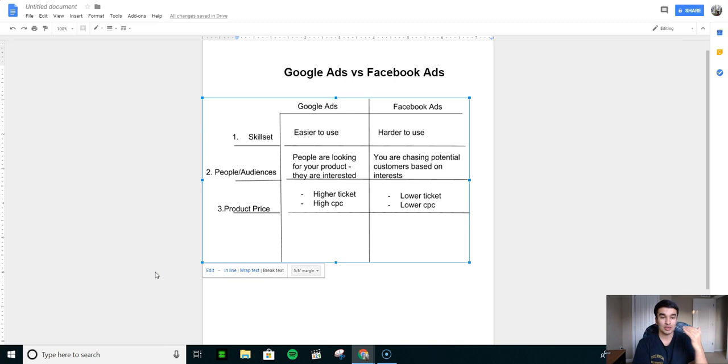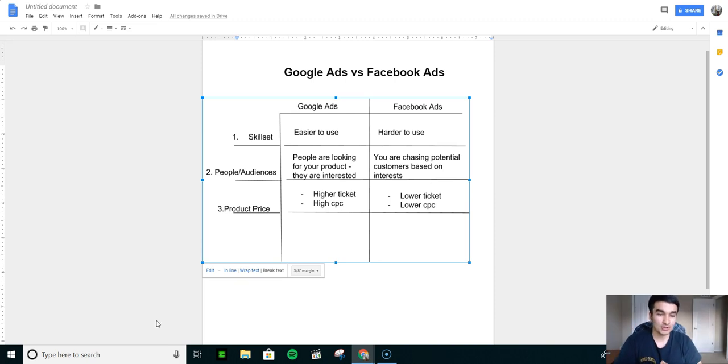Thus, you need to promote a product that's higher ticket. I would recommend a product that's above $40, $50. And for Facebook ads, if you're selling a product for like $14.99, you can get a cost per purchase of up to like $5 maybe on average, right? It's not a problem to get a cost per purchase of $5 for a product that costs $14.99. It's easy, but you have to balance out which one works the best for you and what type of products you're selling that would fit in both of those categories.